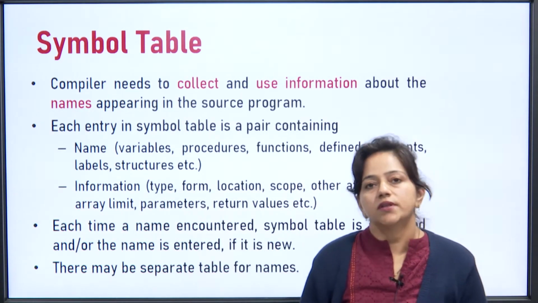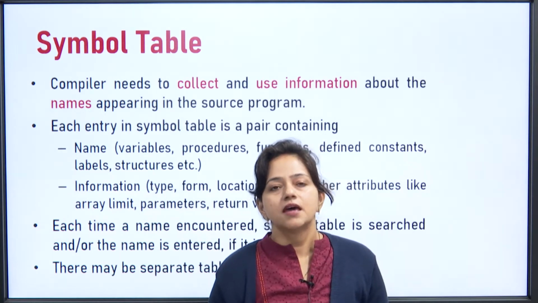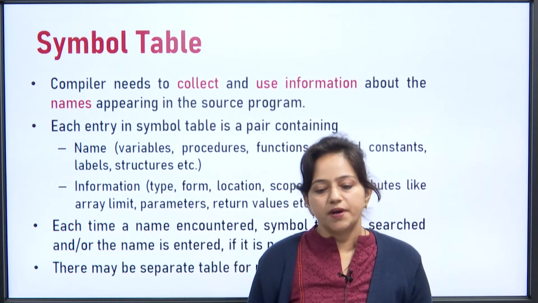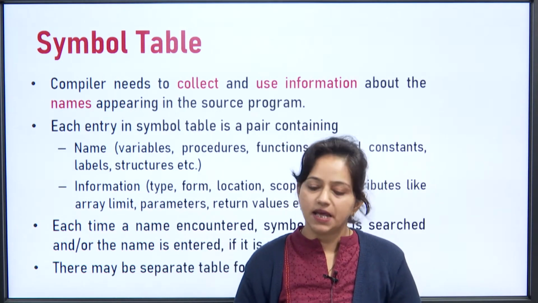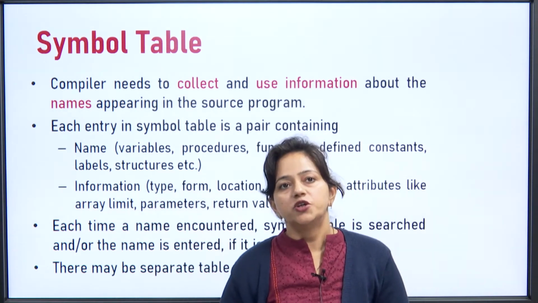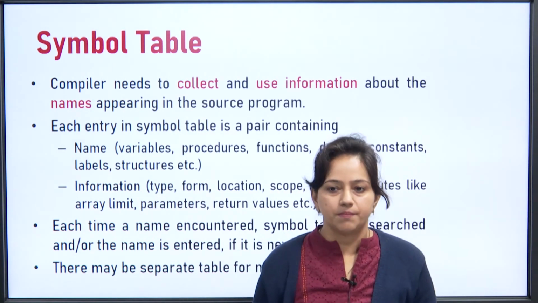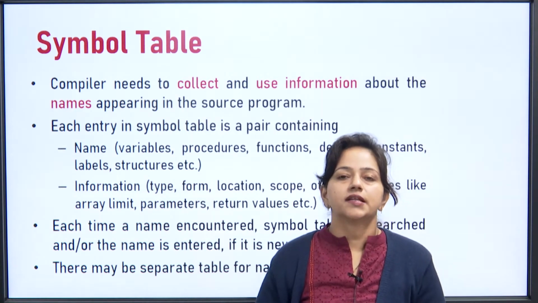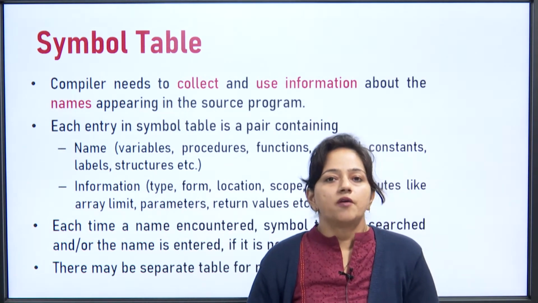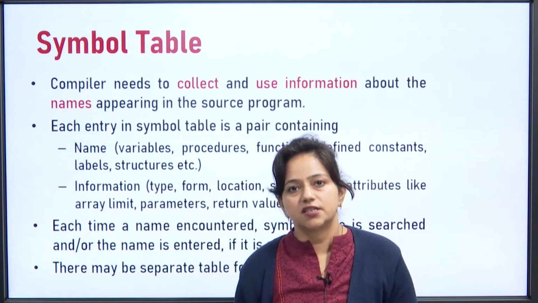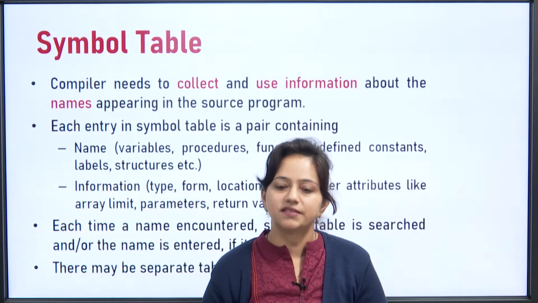As we already know, the compiler has phases, and there are two more components other than the phases: the symbol table and the error recovery routine. So, in today's class we will focus on the symbol table, what the basic structure for the symbol table is, and what the various data structures are that can be used to implement a symbol table.